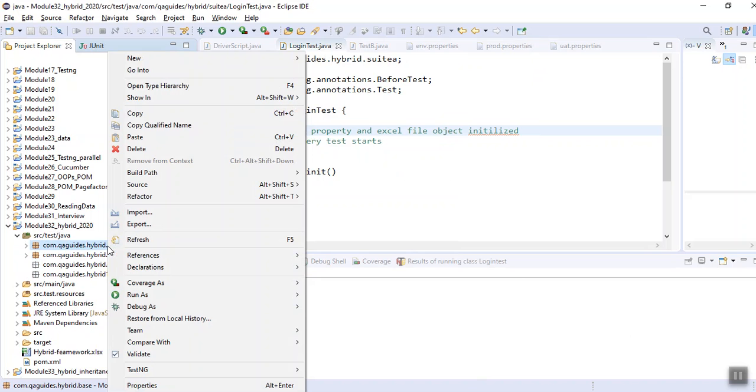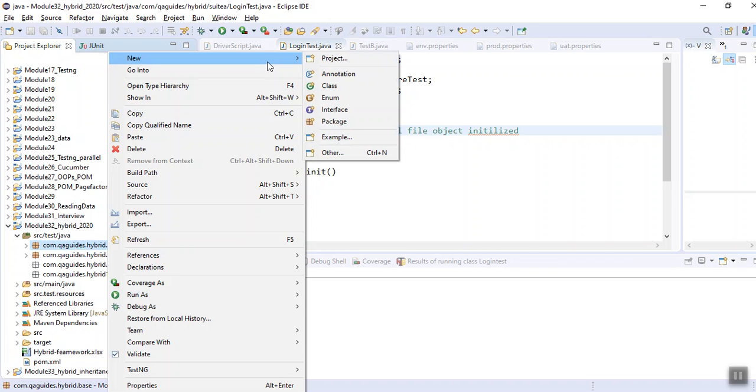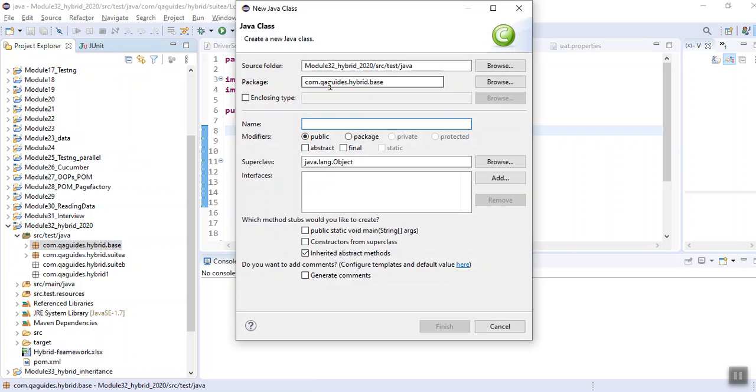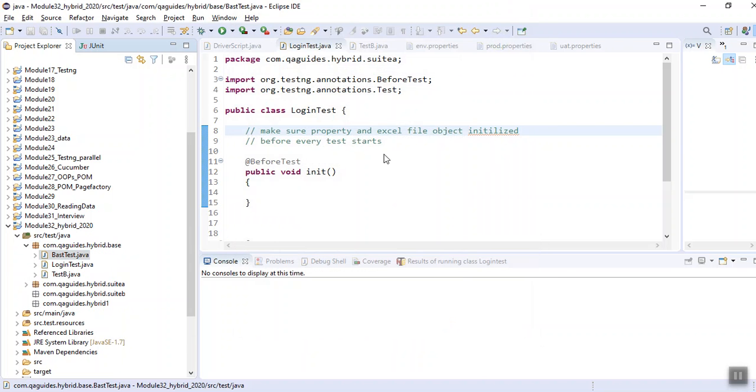Now I am creating a new class in it with the name base test. Fine. Okay, so I finished it. So now what will happen?